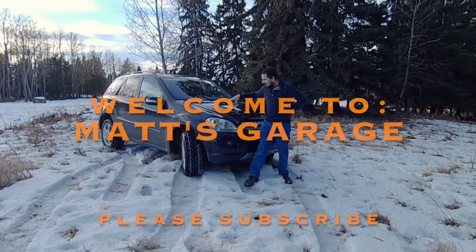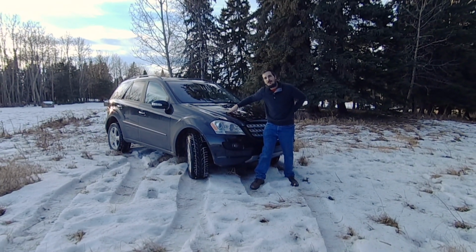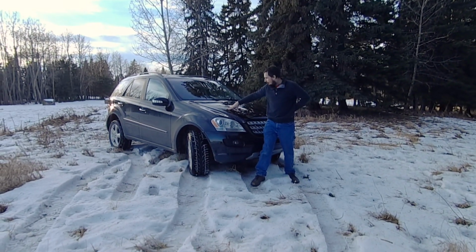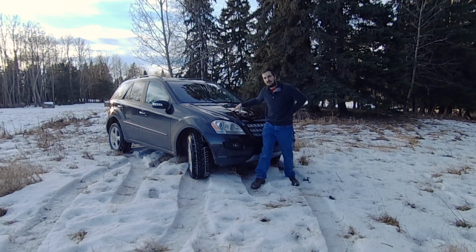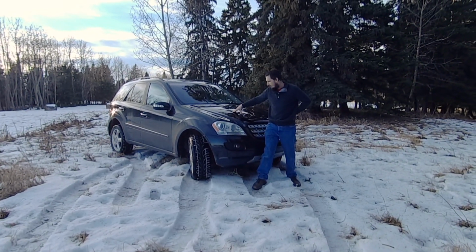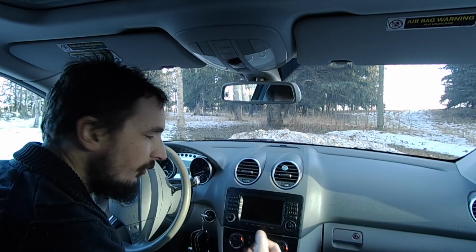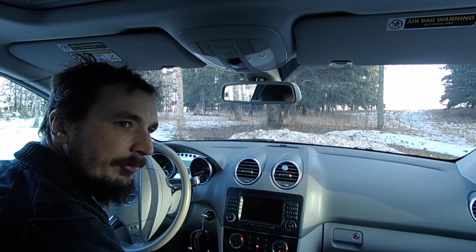So today we're here with my own 2006 Mercedes ML350, and I'm just going to go over some of the basic features and mostly the driving characteristics of this vehicle and some things I think you should know if you're looking at buying one. Okay guys, since this is an SUV, you may be questioning what its off-road